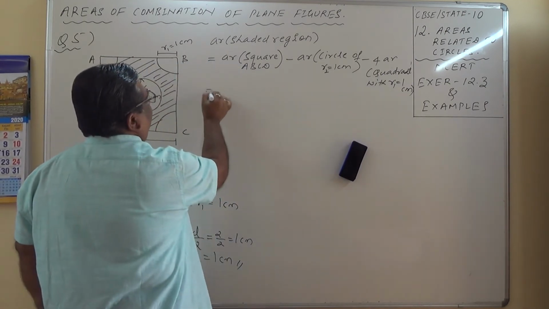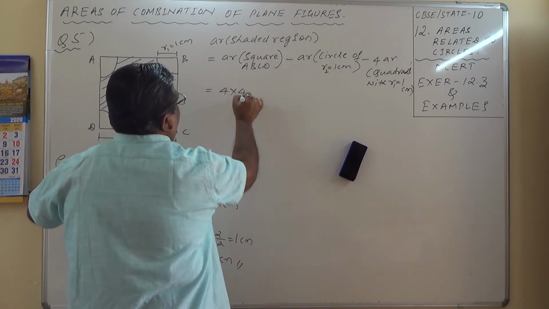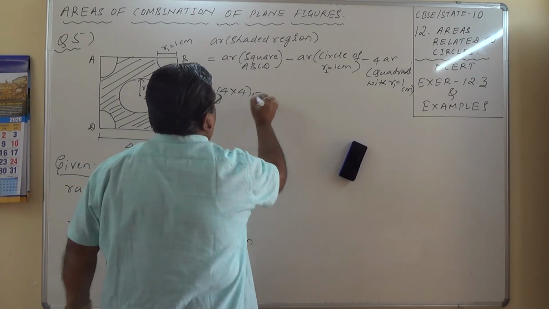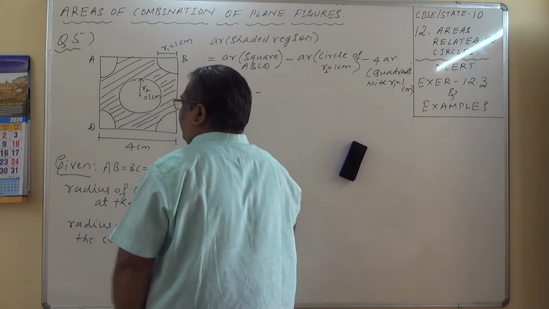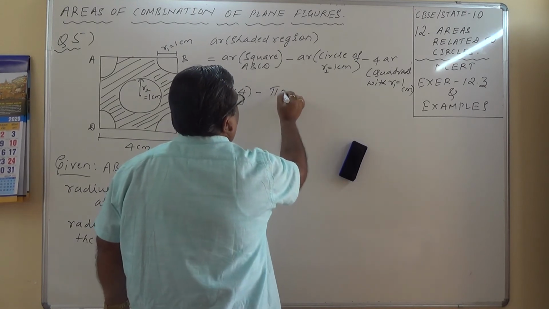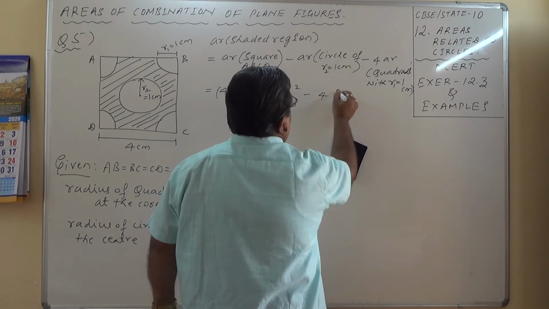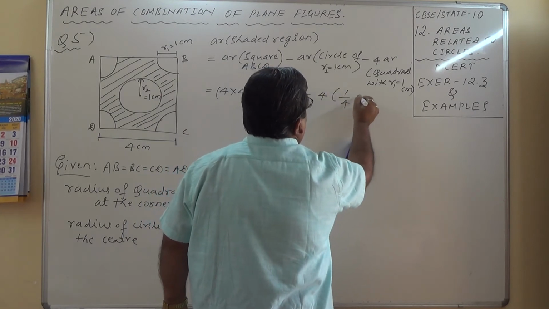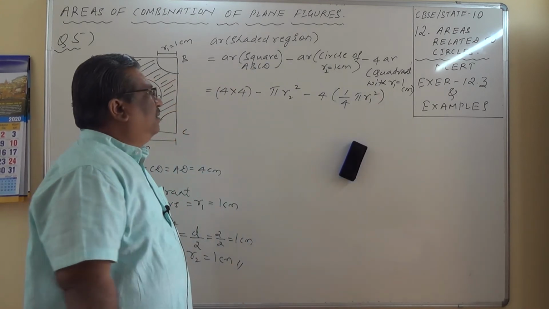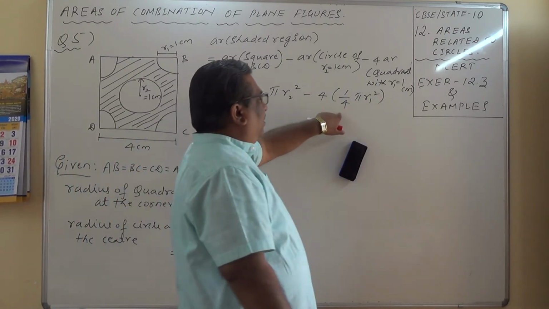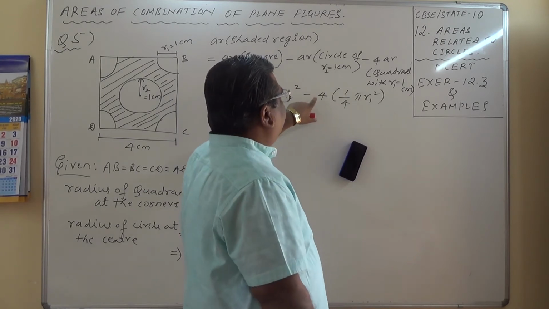So this is equal to area of the square, 4 into 4 square centimeter, minus pi r square. What is the value of pi? 22/7. I'll take pi r2 square minus 4 times 1/4 pi r1 square. Correct? Area of the quadrant is 1/4 pi r square, and 4 times the quadrant,